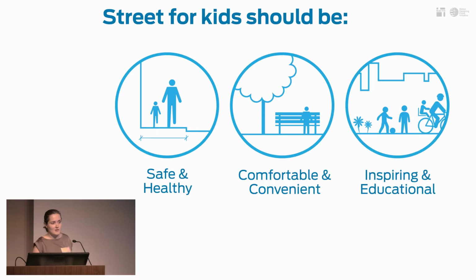and for a reason, they're contained in containers, either at home or in private vehicles or at school, so we don't really allow them to be outside. We don't allow them to experience and research the city and to be independent adults. And then we don't build these extra places for pause and play. We don't have enough seating, benches, and again, when you're commuting with small children, you really need to pause, you need to calm them down, they throw tantrums, you have to have a safe space to deal with